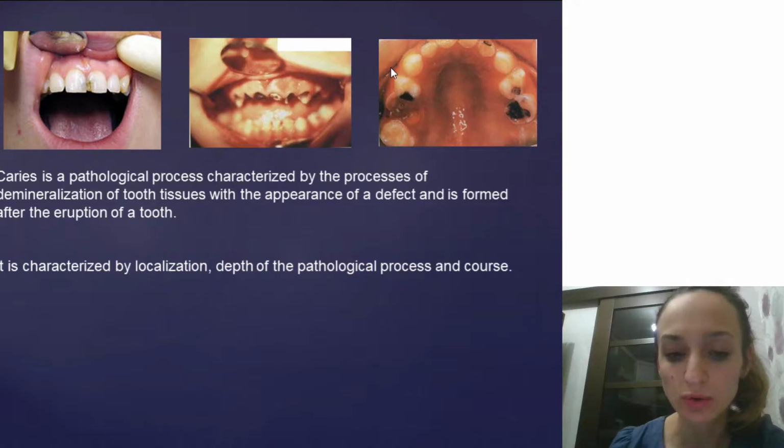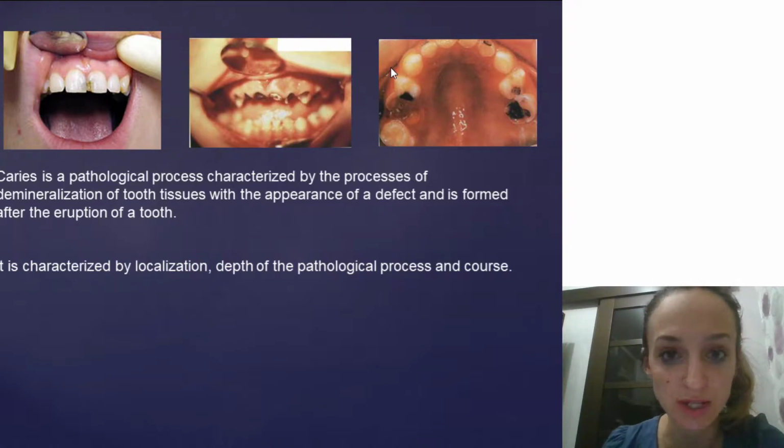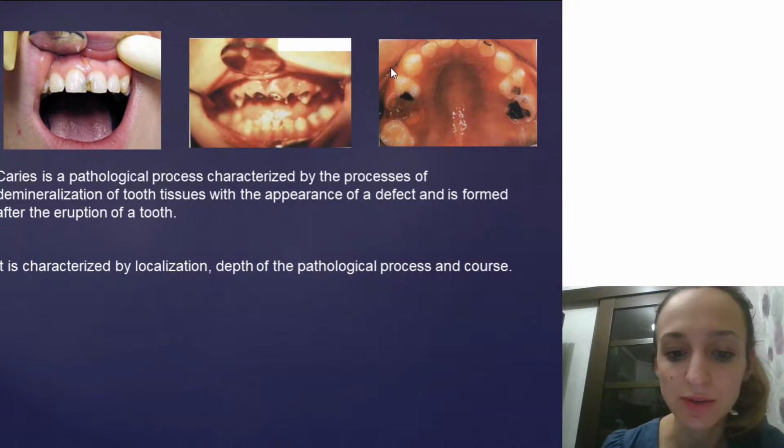According to the World Health Organization recommendations, there are three basic indications for assessment of the affection with dental caries. So, it is prevalence, intensity, and growth of its intensity. Caries prevalence is the ratio of population with teeth affected with caries, so decayed, filled, and missed, to the total number of examined people.